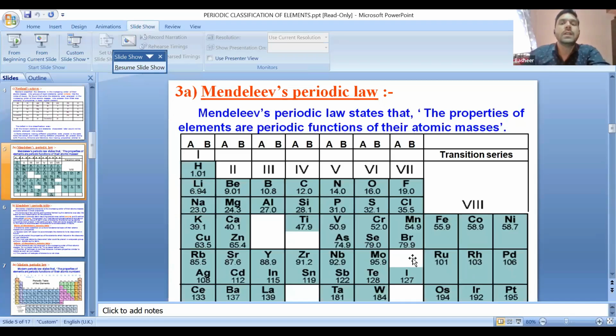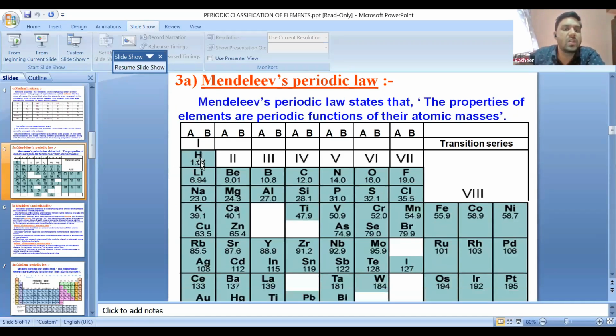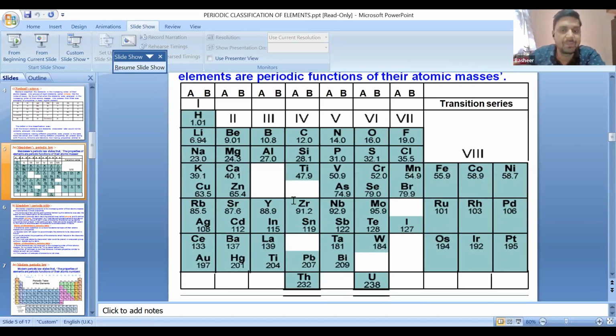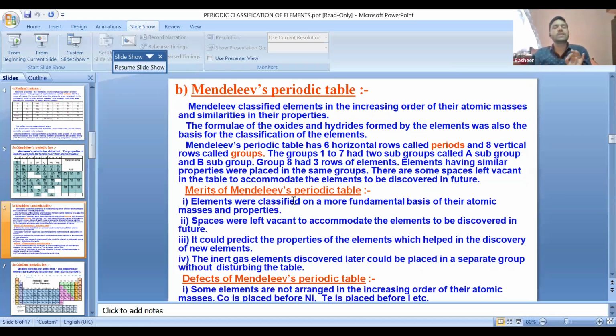Clear? So in Mendeleev's periodic law, what he states is that the properties of the elements are a periodic function of their atomic mass. You can see hydrogen first, then lithium, sodium, potassium, rubidium. Like that he could fit them, and whichever element did not suit, he didn't put, he left a gap. So what is there in Mendeleev's periodic law? Mendeleev's periodic law classified